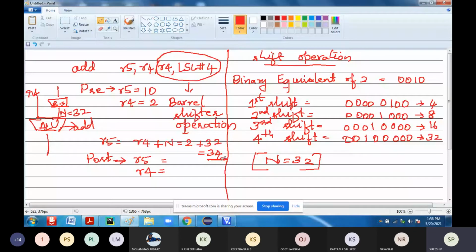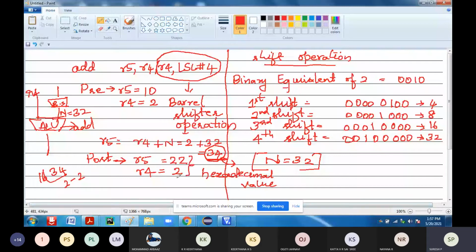So now, will R5 have 35, or 34, or what will be there? 34 only. How come? This is the decimal equivalent. Okay. But how will it be represented inside your R5? It is the hexadecimal value which will be stored there. So 34 is 16 2s are 32, plus 2, that is 2 2 will be stored, 0x22. Your R4 will be unaltered, it stays 2. Any doubt?